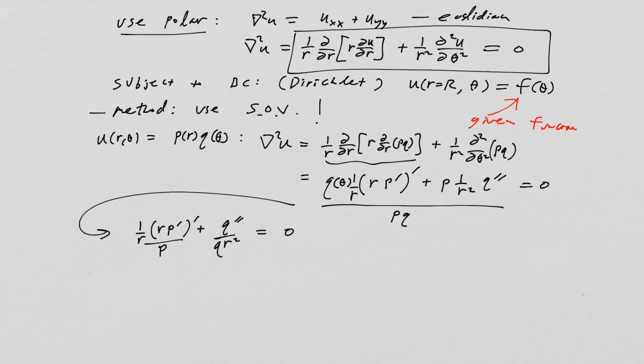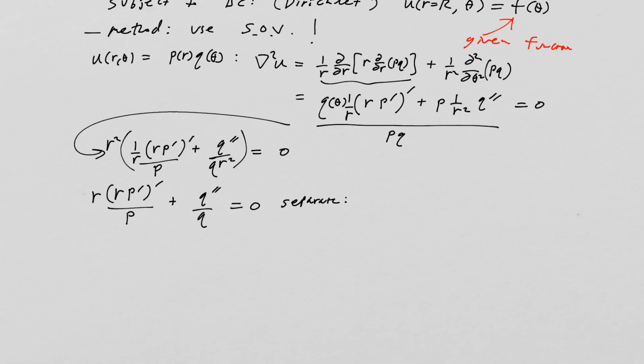The next thing I want to do is multiply this whole equation by r squared, and that's just to get those r's out of the denominator. Then we have r times (r P prime) prime, all over P, times r, plus Q double prime over Q, and that's equal to 0. All right, so here we can now separate,